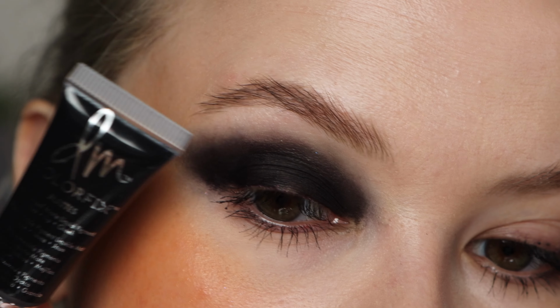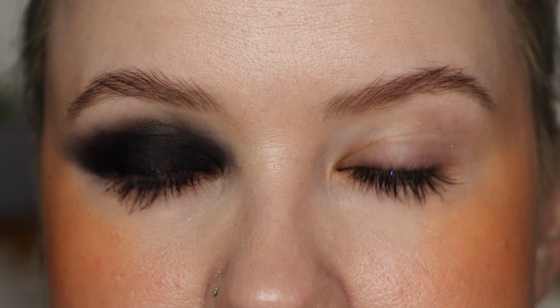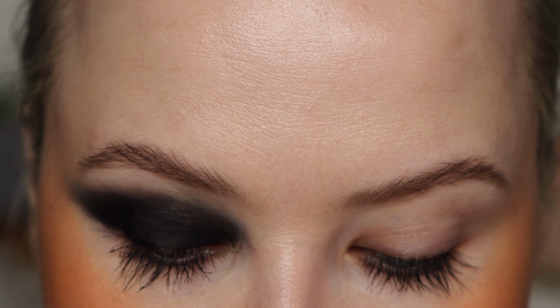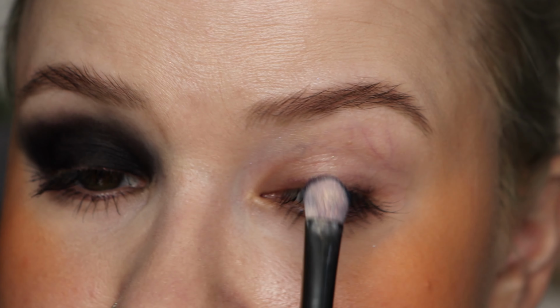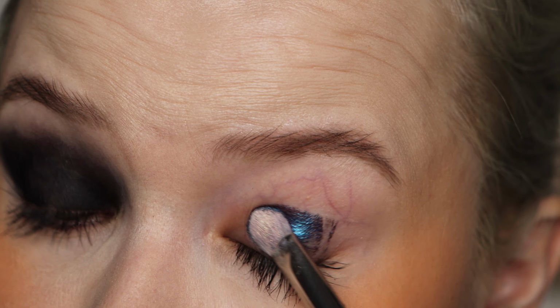So I put on the Devinah Color Fix in Blackout on this eye. It's a bit messy because this is really just for showing how these look on the lid, not necessarily worrying about being super neat about it. Sometimes things can look really similar swatched out, but then on the lid they might not, and vice versa. So I picked up Alter Ego onto my brush,